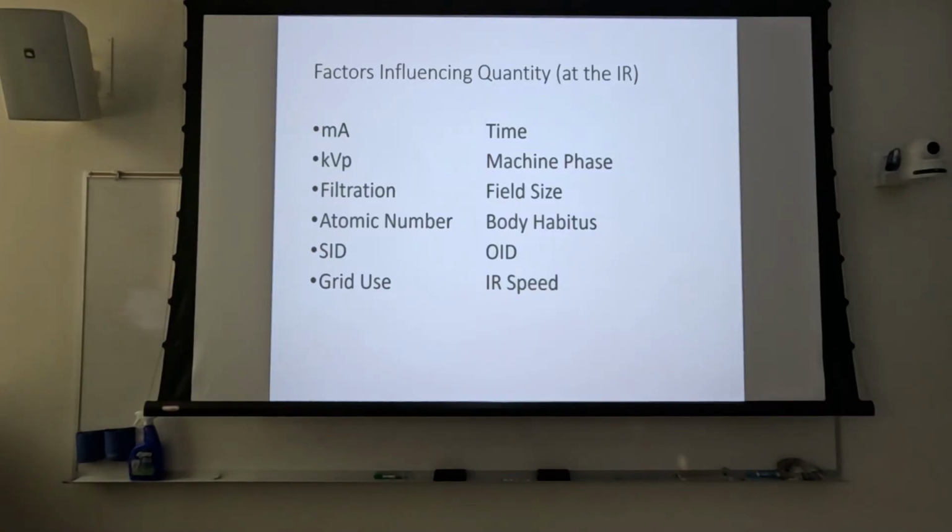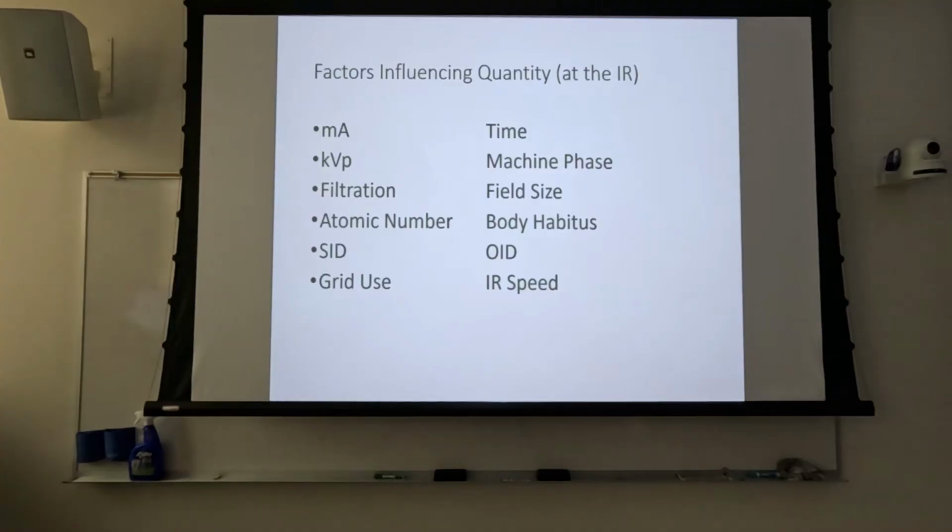It behaves a lot like a change in machine phase or kVp in that it pushes everything to the high energy side, but it lowers the height. So we get a decrease in photons emitted from the X-ray tube, and what we do to compensate for that reduction would be increase your mAs. So field size: if we increase collimation, we decrease the amount of scatter that's going to be